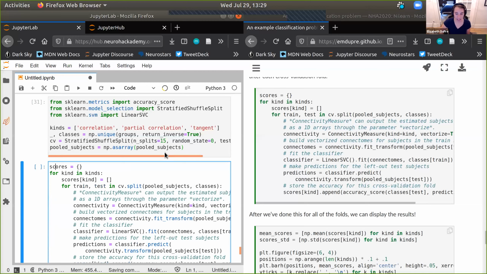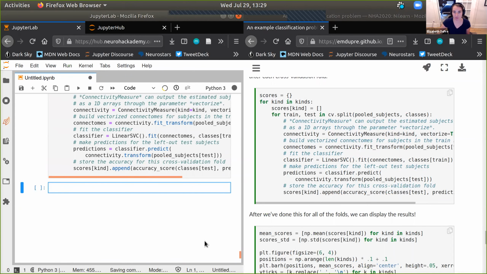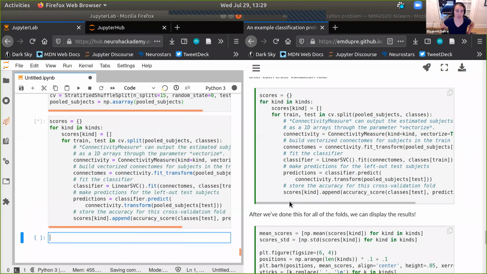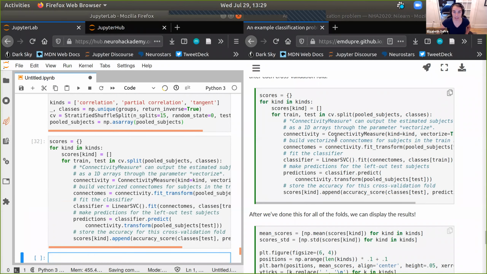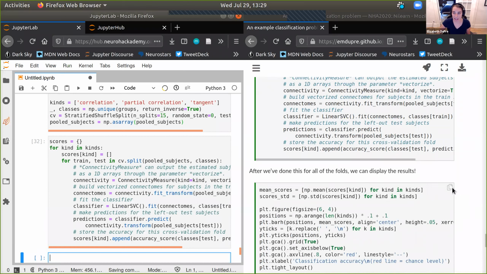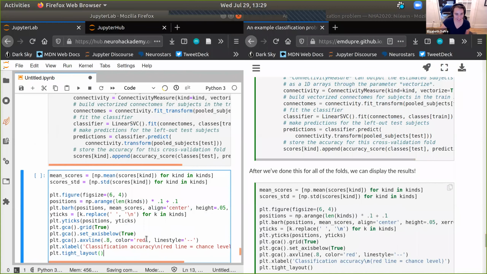But hopefully it's pretty clear what it's doing. If you have any questions, just let me know. Okay, so it runs pretty quickly. So what we can do is go ahead and copy the next line, which is going to allow us to display the results, which is so exciting. All right, I'm just going to do it because it's really pretty cool. And then let's talk about what happened. All right, so here's what it looks like.